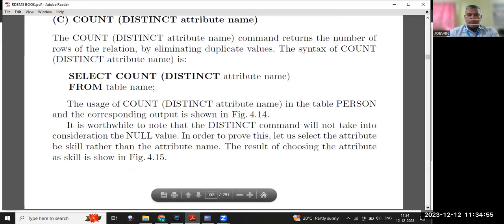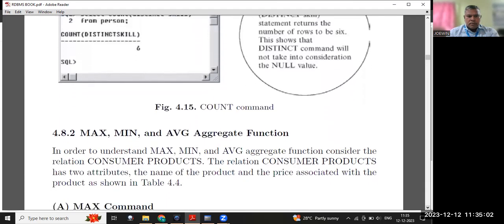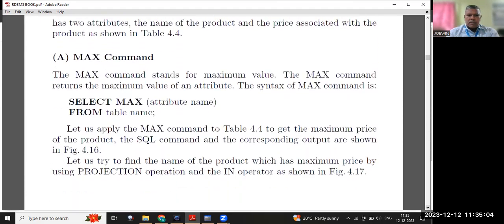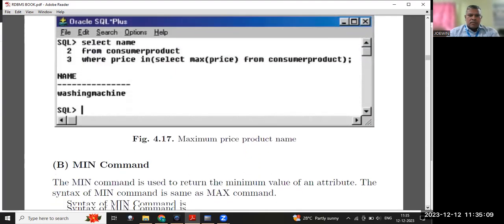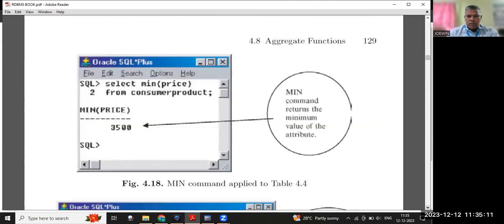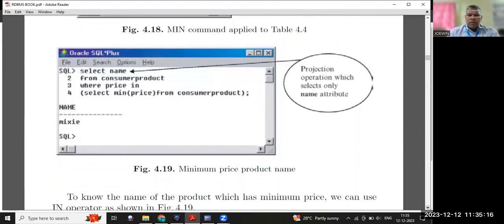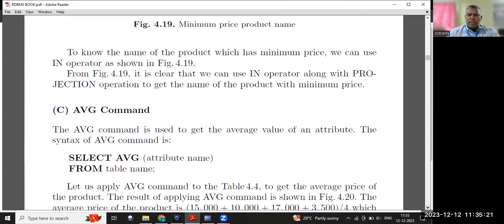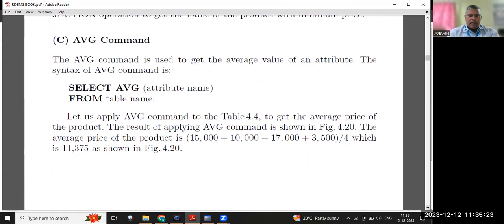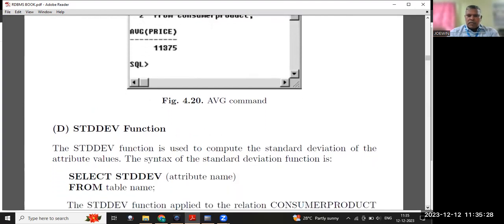Distinct also you can use. Distinct values, unique values also you can take. Maximum of average, or who got the lowest value, you want to find this? Minimum average you can take, he may be the last person in the class. Likewise, you can use these aggregate functions in SQL,